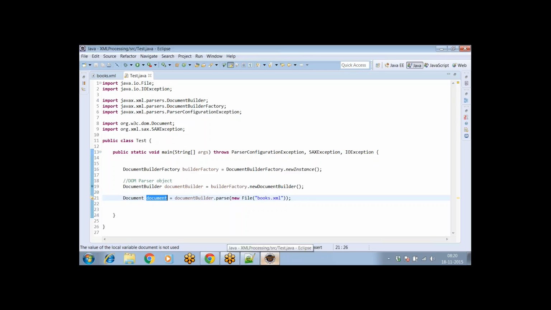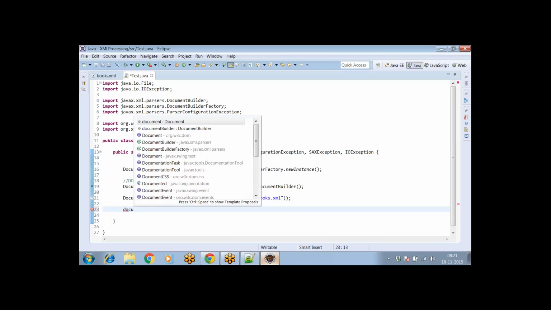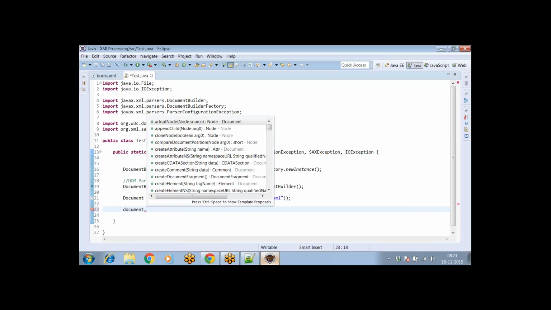Now, in this Document object, basically we can use it to access the DOM tree. We got an API completely for this. We got methods which we can use to access the node objects in the DOM tree and read the data. So now the first thing we'll do here is use this method, document dot